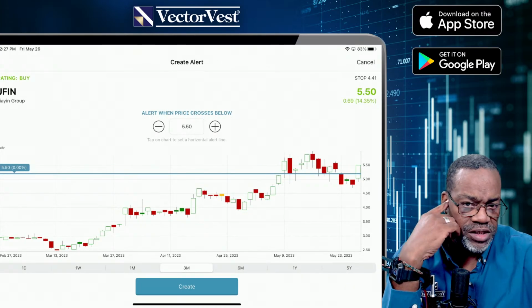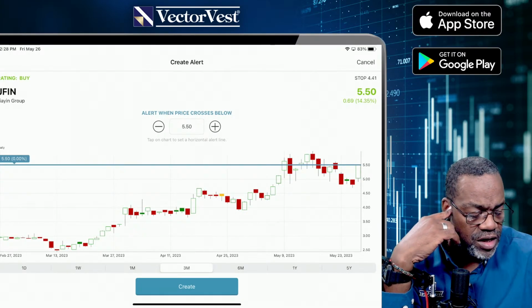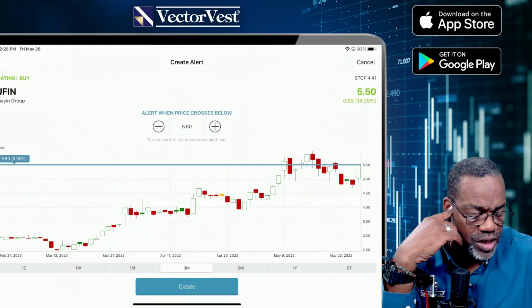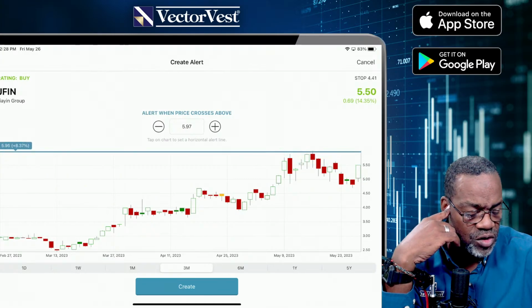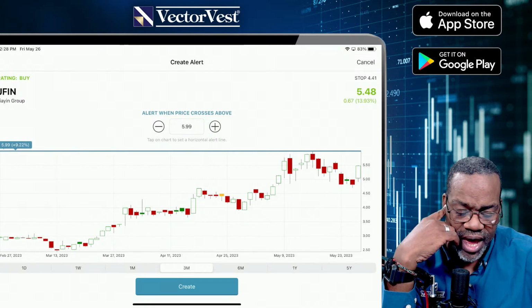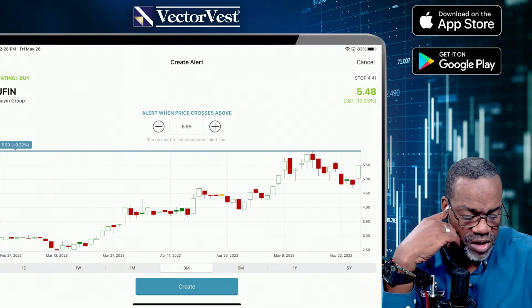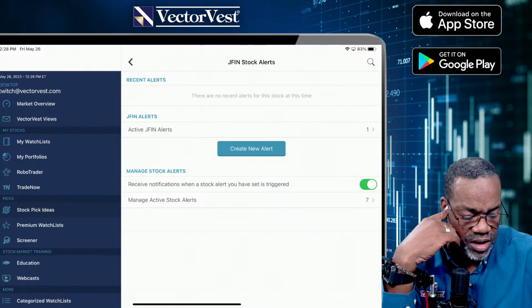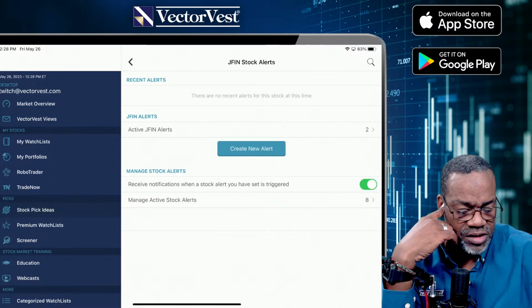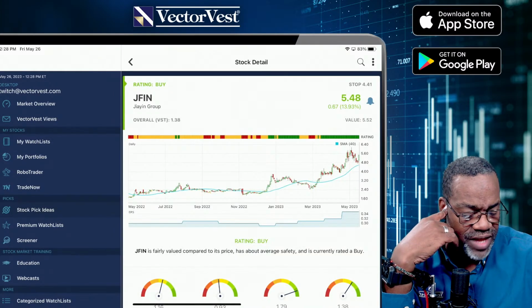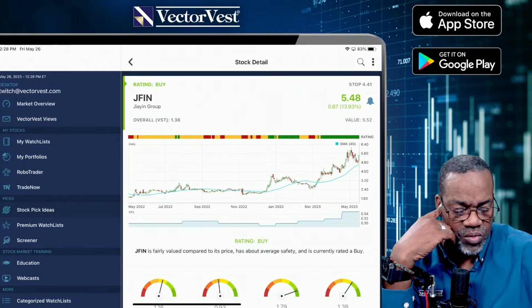One of two places that I can put in a price. Nice up day today. I could put it in to go higher than the high of today of 550. Or looking at the 3-month graph, let's make sure we've got some confirmation of the move, put it right at that swing high of 599. So I'm going to click on create the alert. That's on JFIN, we create. It's done. When it goes above that 3-month high, we'll get an alert.